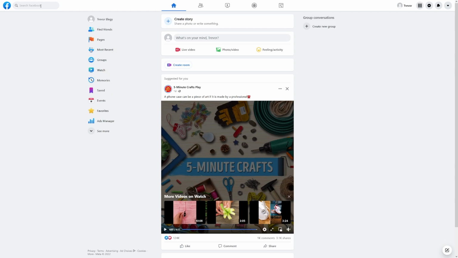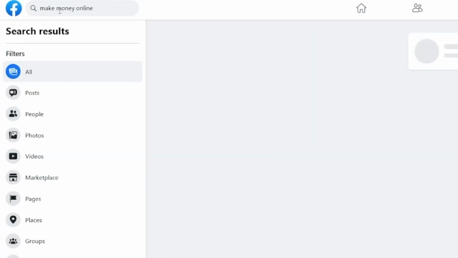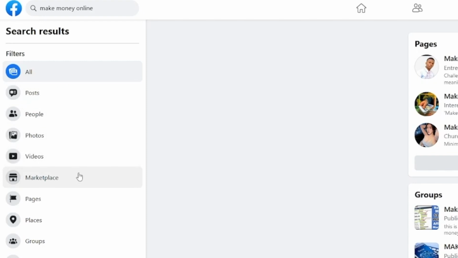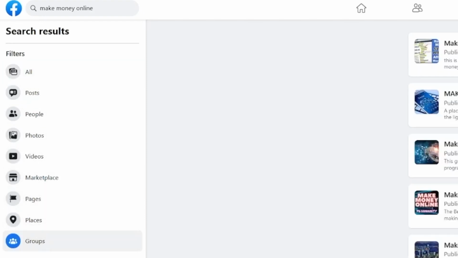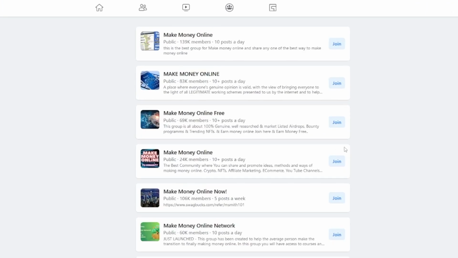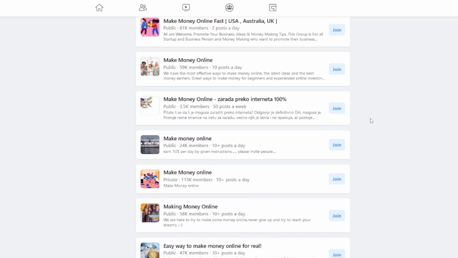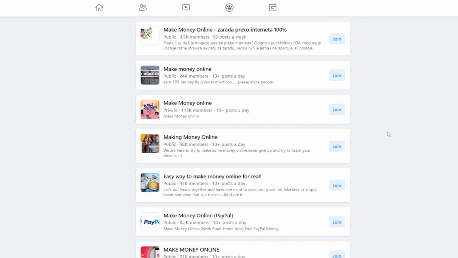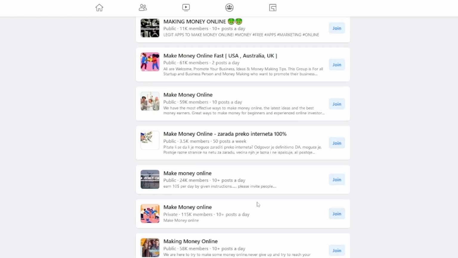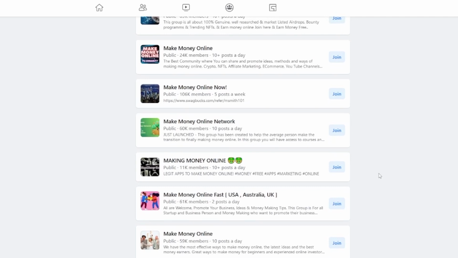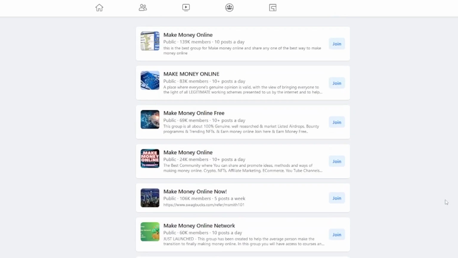You can search for make money online. Just type that in the search bar and then head over to these groups. You will see that there are actually a lot of these groups on Facebook, and people gather in these groups because they want to get tips and advice on how to get some money online. People are helping each other, so they post a few websites, they post what they know, what they see, and because our job is to do research, we have a lot to cover. So you can go into all of these groups and make comments.